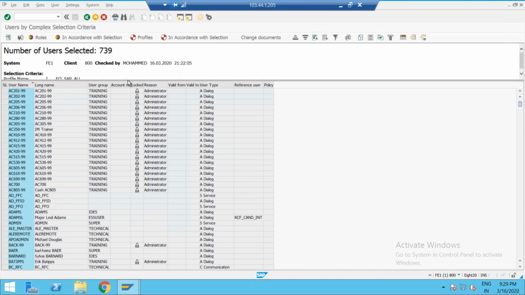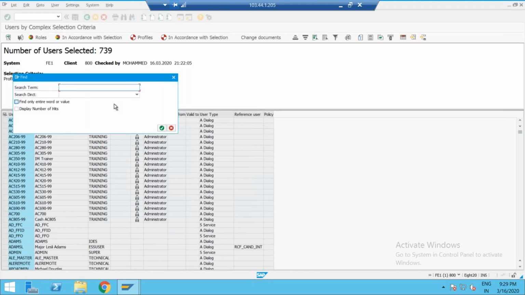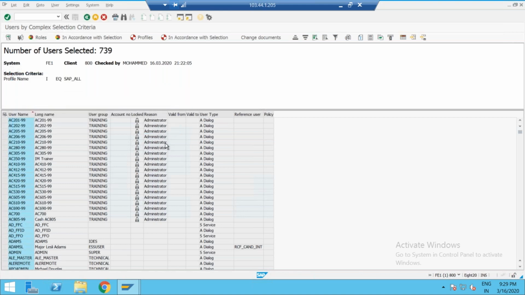After that, just find if the user is there or not. Click on Control F, check if Muhammad is there or not, because out of 739, you are the one user ID. In real time, you want to download and give it to them. Just click on Control F, find the user ID.